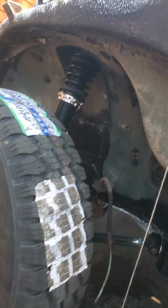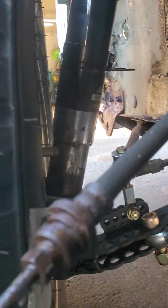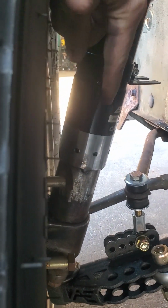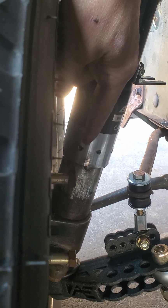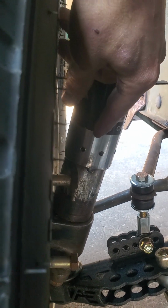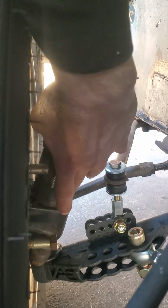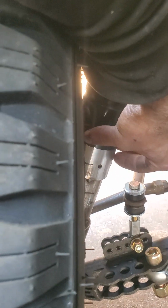Next part of the project will be to weld all the coilovers now that I like this height. As you can see, this one is also not finished welding. I drilled these holes on the coilovers to weld them as a spot weld, I guess you can say, since I was not going to go all the way to the bottom like it was originally designed for, to be welded down here. I decided to weld these holes to try to give this